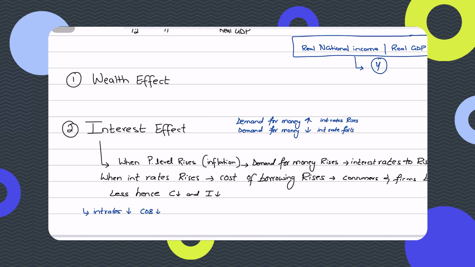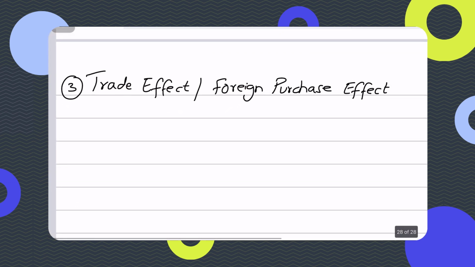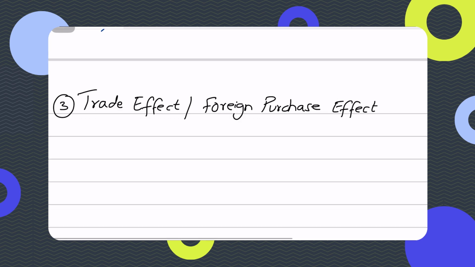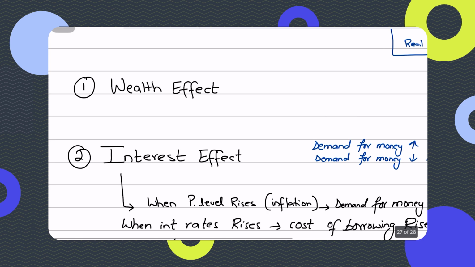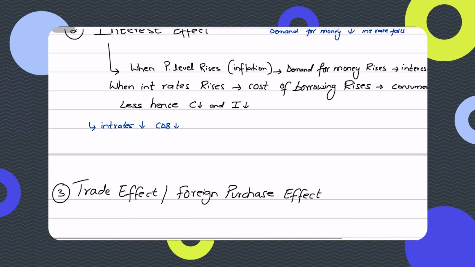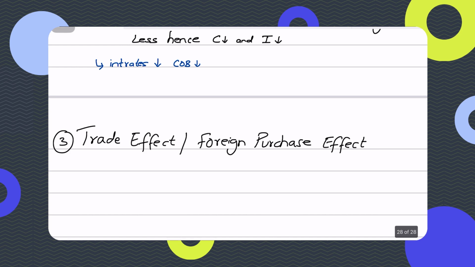Right, guys? Now, let's move on to the third reason, which is the trade effect or the foreign purchase effect that explains why the aggregate demand curve slopes downwards. So far we have seen how the wealth effect has an impact on a decline in consumer spending, and how the interest rate effect has a decline in both consumer spending and investment spending. Now here we will see how the trade effect comes into play, which impacts your net